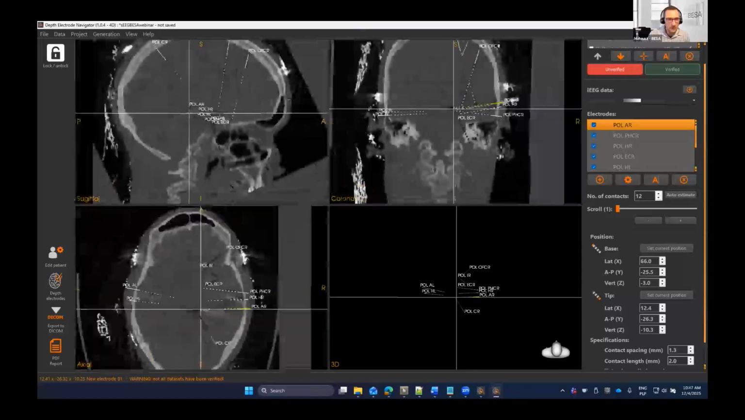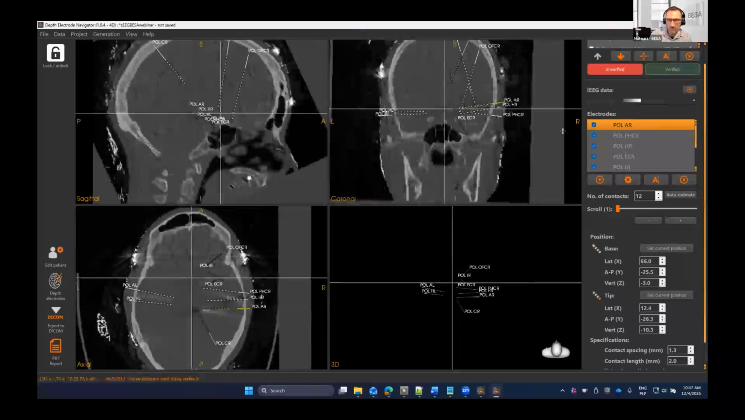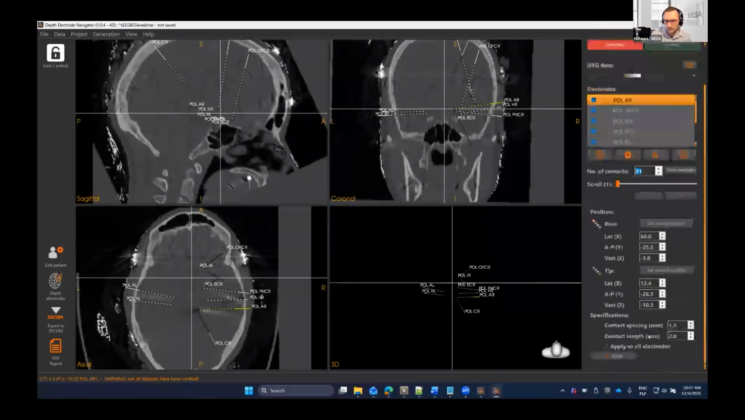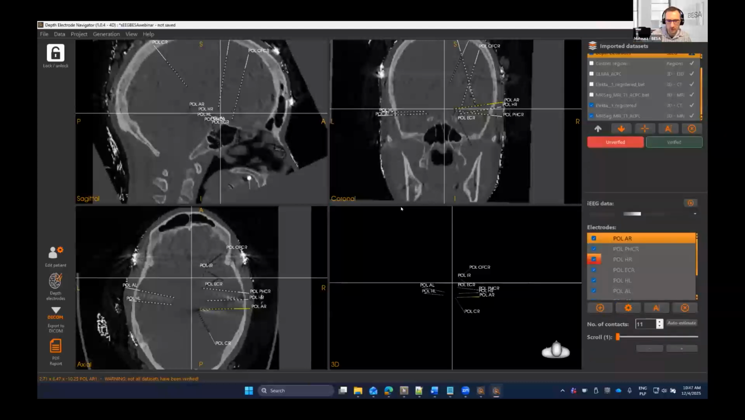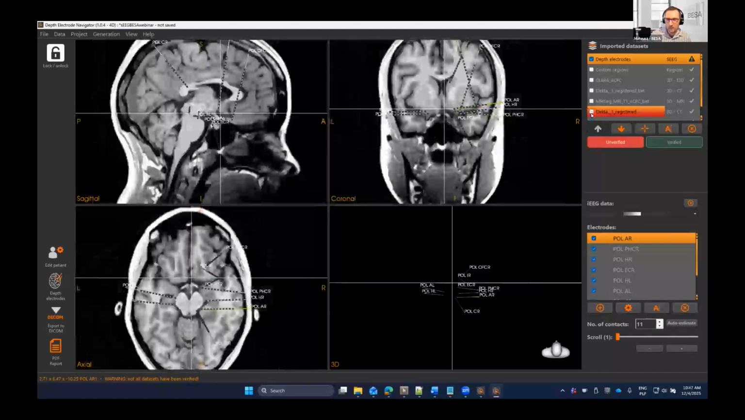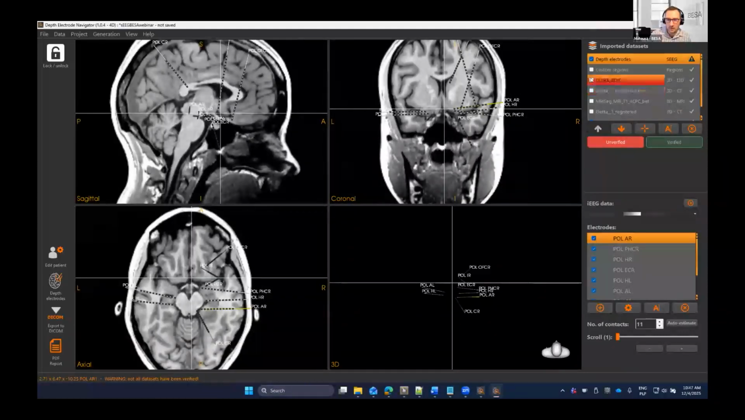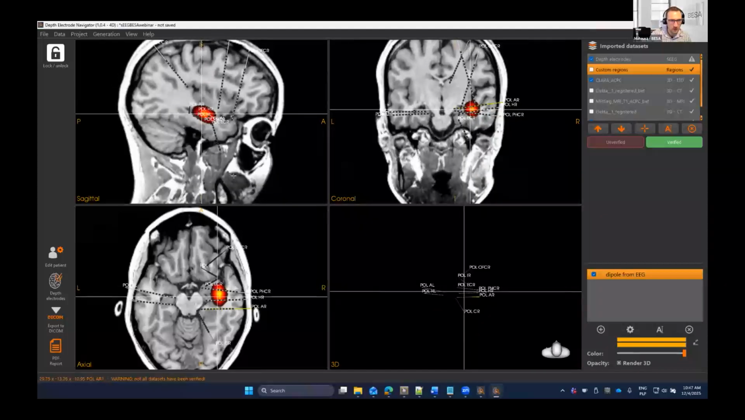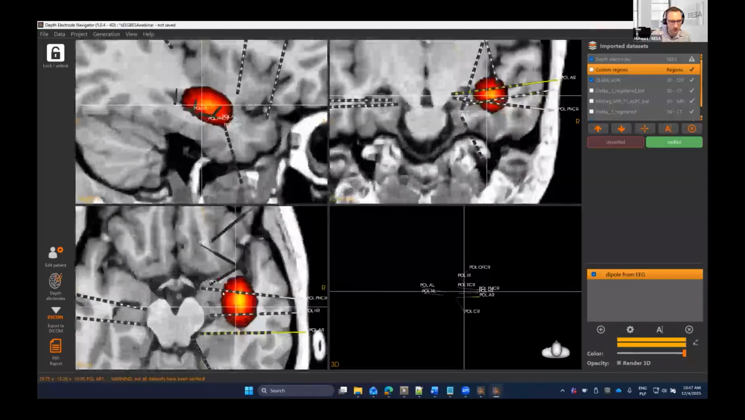Okay, so with this, we have our electrodes. We are done with the redefinition of the electrodes. We have all electrodes marked. We can forget about the CT now. We can load our Clara and the image, and already nicely see that our